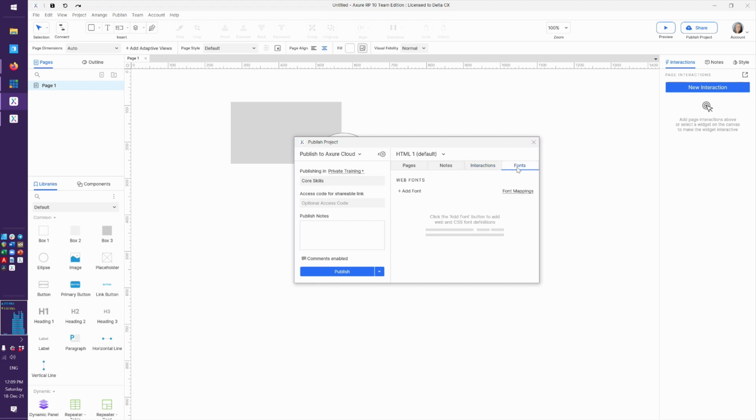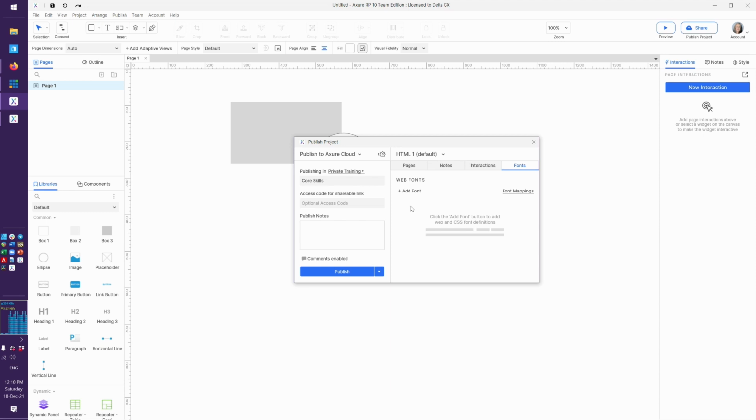And fonts. We really need to talk about font mapping in Axure because it's absolutely not intuitive. First of all, it's got 2 steps when it should only have 1 step. And second of all, it's something people mess up all the time. Remember, if you are using an embedded font that is unlikely to be on someone's computer, or you're going to use this prototype on a phone, and the font is probably not on a phone, you're going to need to do these font mappings. Now, let me show you the 2 steps you need to do,